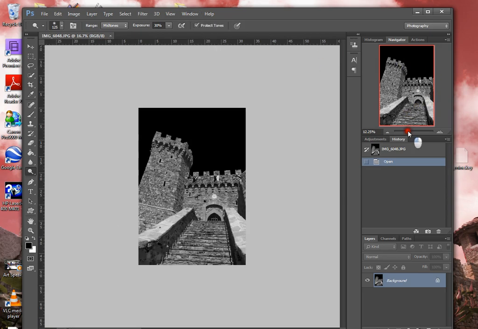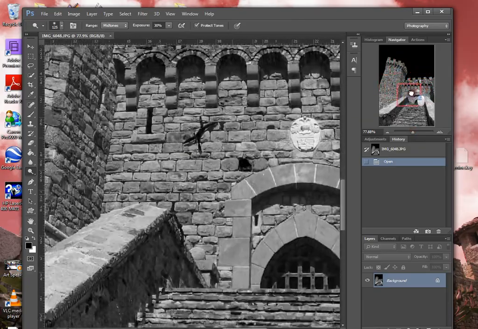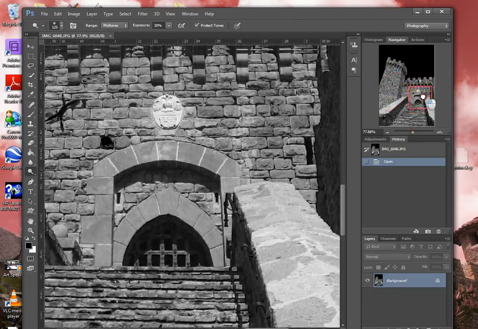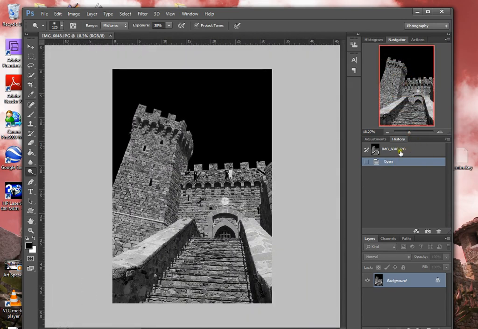Here's our Navigator. We can zoom out, we can zoom in, we can move this around. It lets us get in close on different objects. We've also got our History open. So anytime we do something we don't like, we can just click on the back button and it will undo